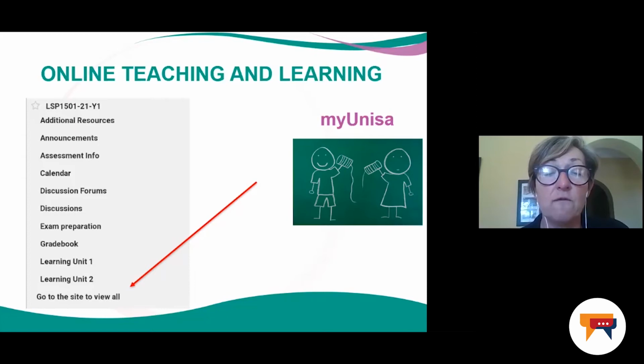There is therefore a greater responsibility on you as a student to make sure that you can log into your MyUnisa account and that your MyLife email is active, and that you log in regularly to read the announcements and access all the teaching and learning tools that are available to you to help you with your studies.